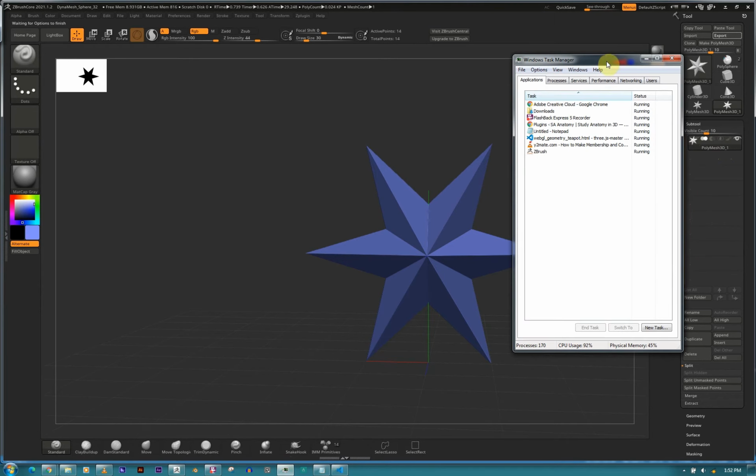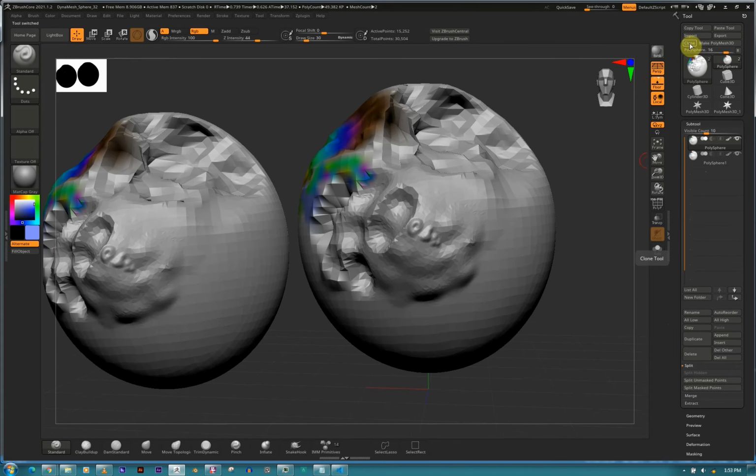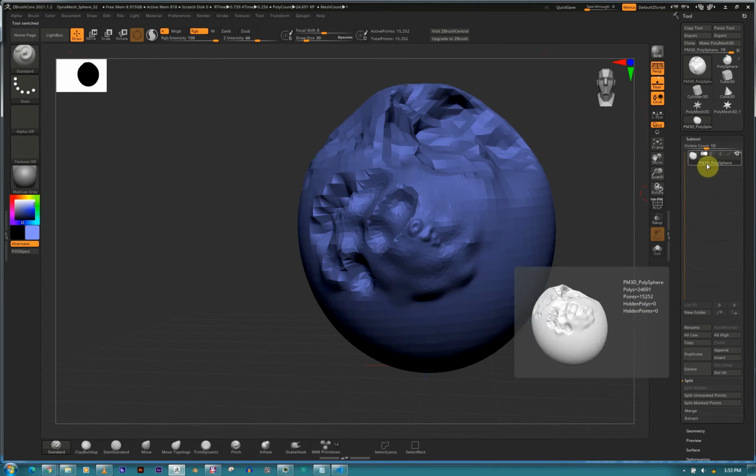So go to the side. Go back here, and next, clone tool, same thing. Make PolyMesh 3D. It's like if you imported a primitive and stuff. If it says PM 3D, then it's a PolyMesh 3D mesh, which means you can